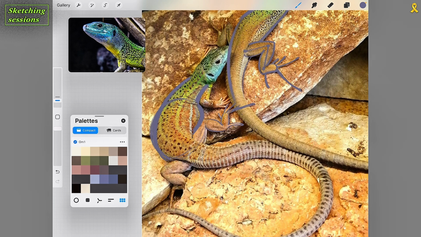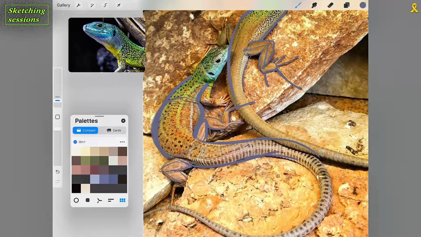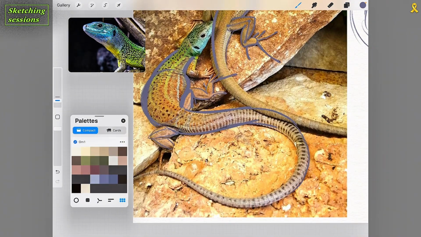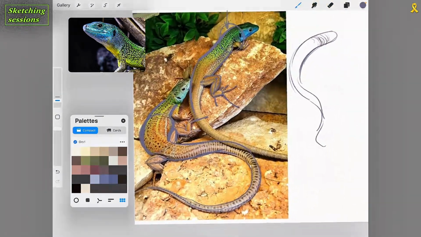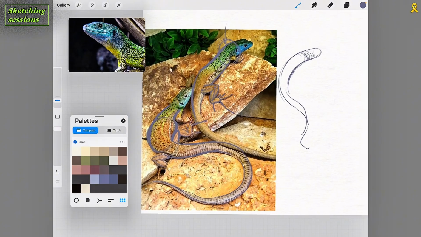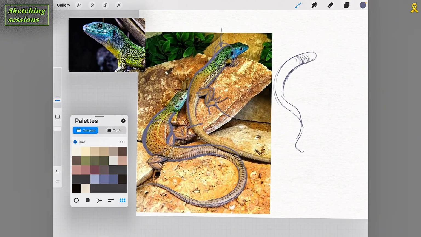And as you can see here on this belly, and after, to the back pose of this lizard, the tail starts getting more narrow, and that's it. So this is my another reference